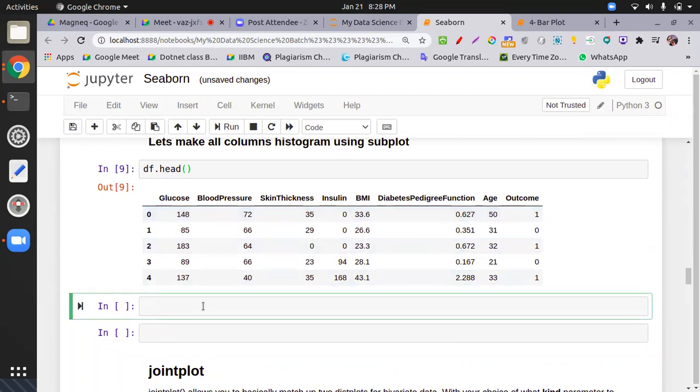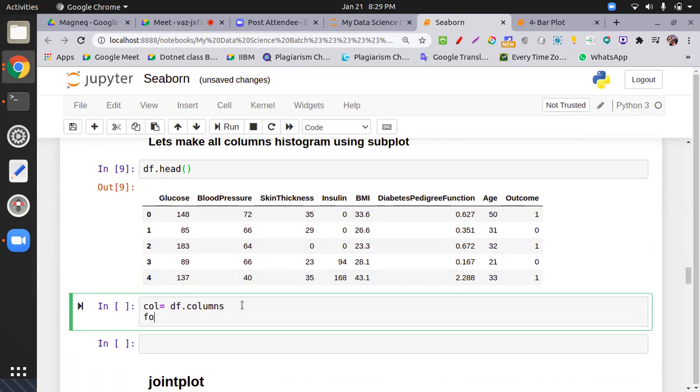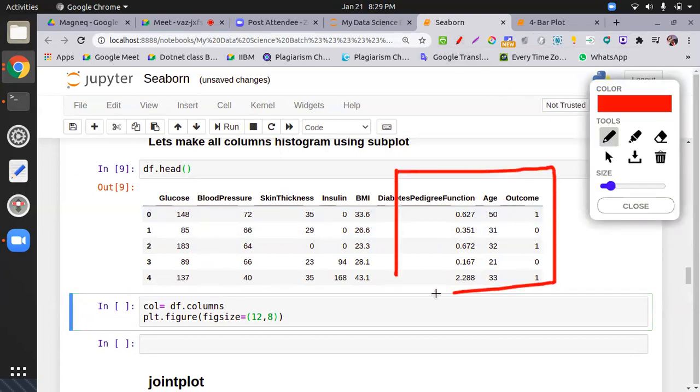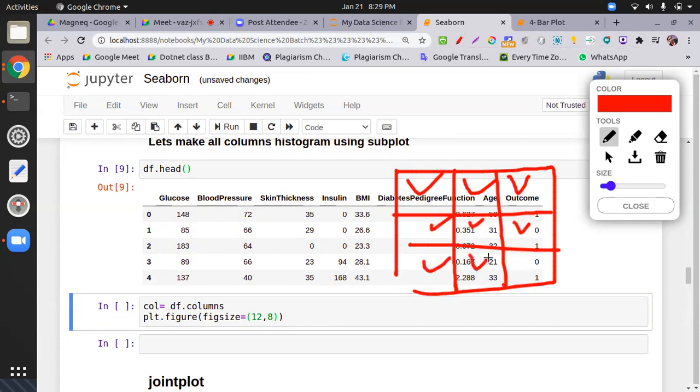So I take a list where I store all the columns. This df dot columns will return all the columns. Now take a loop, and take a figure size with plt dot figure figsize. Since we have 8 columns, I take a 3 by 3 subplot, 3 rows and 3 columns. So this will be full, this will be full, and so on up to 8, and the last one will be empty.